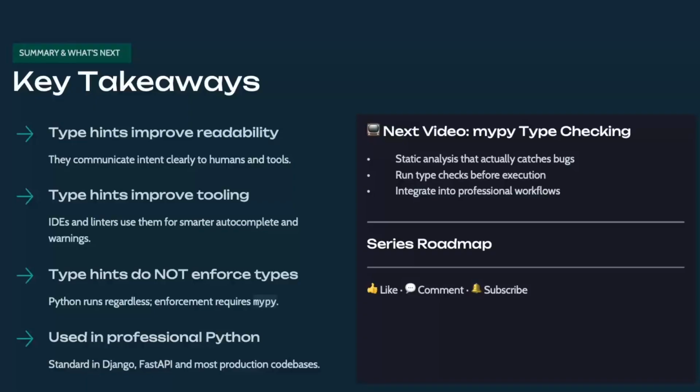Now, as I said, in the next video, we'll learn how MyPy performs static type checking and catches bugs before